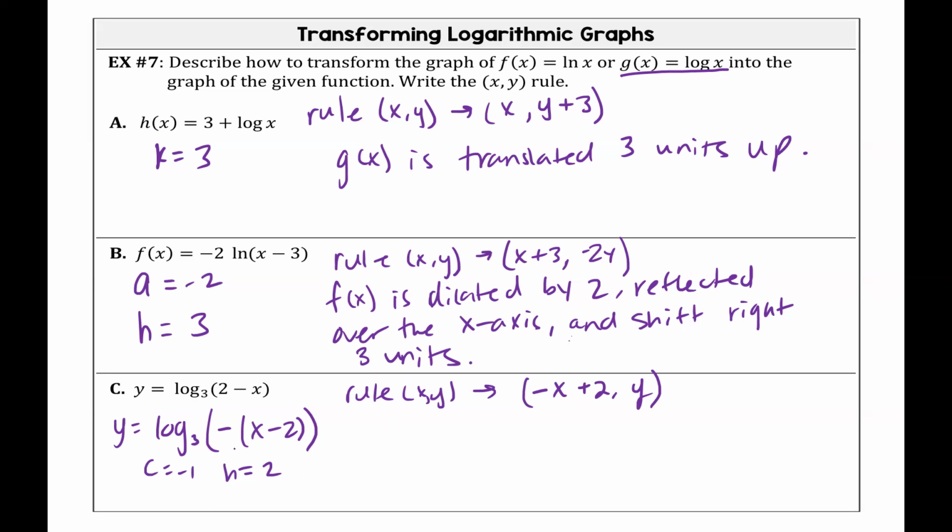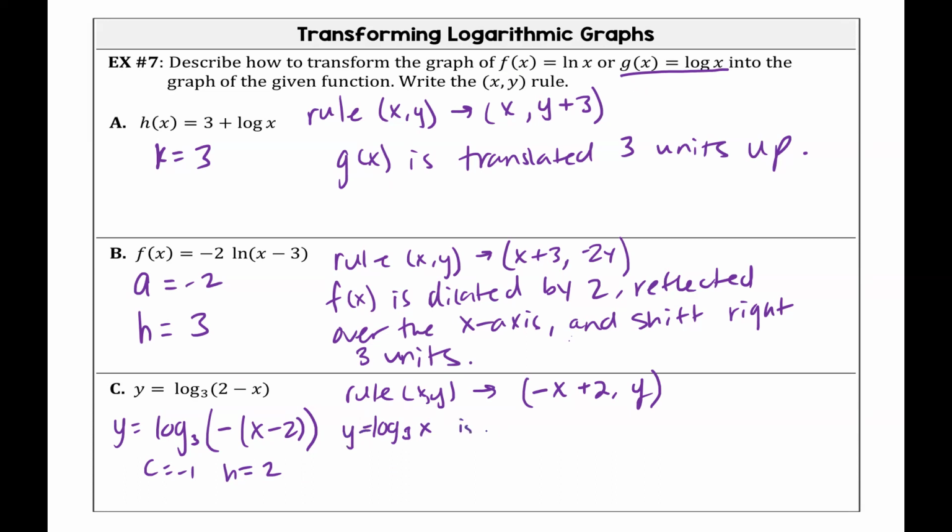All right, so here we go. Notice that this is log base 3. Does that apply to f of x or to g of x? No. So what we transformed was log base 3. When we write this, we're writing that log base 3 of x, that's the function, y equals log base 3 of x,